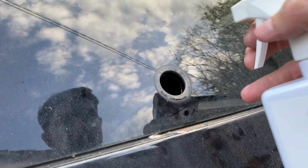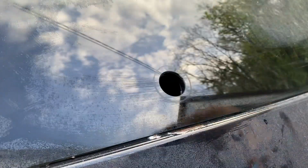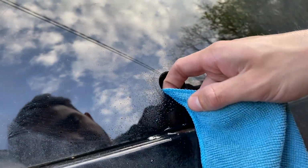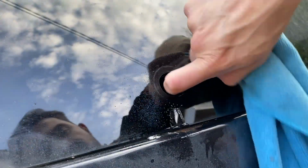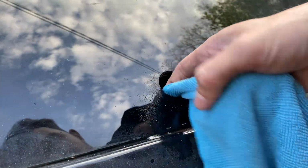Then I'm just going to give the glass a quick clean. And it's important to try and get the inside edge of this glass because the blanking plug on this kit for these cars seals on the inside of the windscreen. You push it through from the back. So it's important to make sure you get a good seal, so you want to clean the inside of that